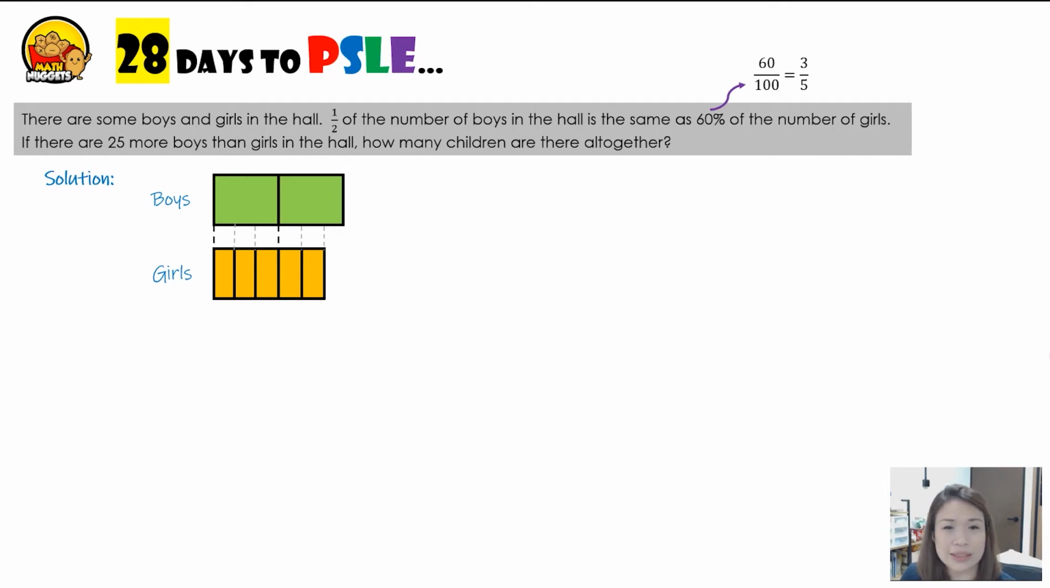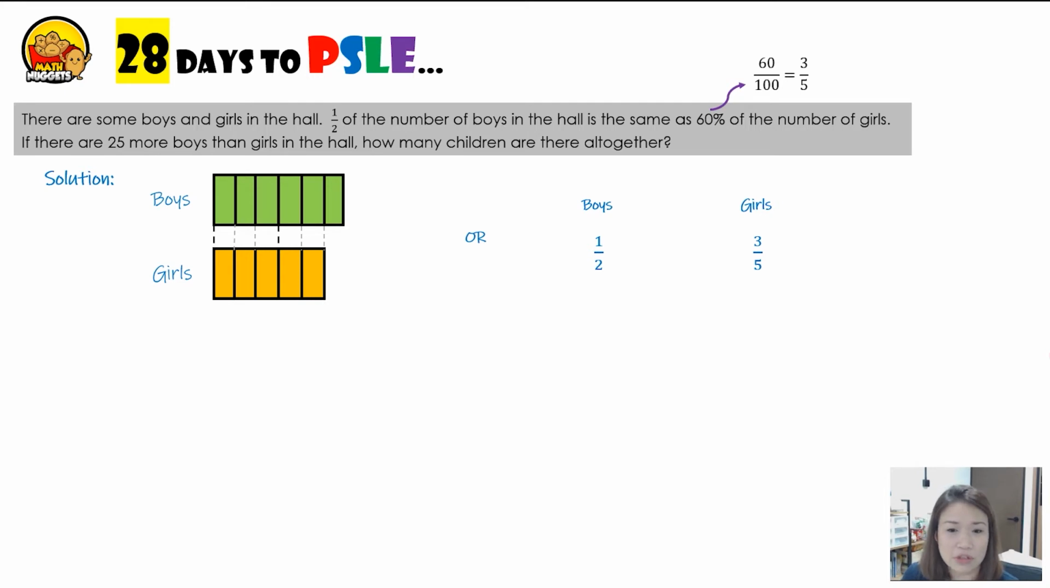So next, let's extend the lines and make the units the same. So then I'll cut the boys portion up the same this way. By doing so, we'll be able to find out the units for the boys, which means we know that boys 6 units and girls 5 units. Okay, alternatively,